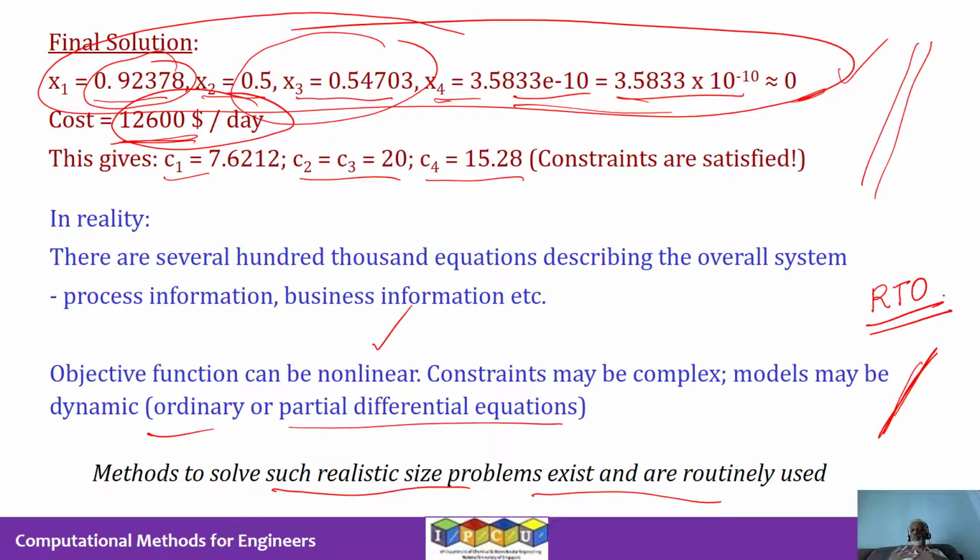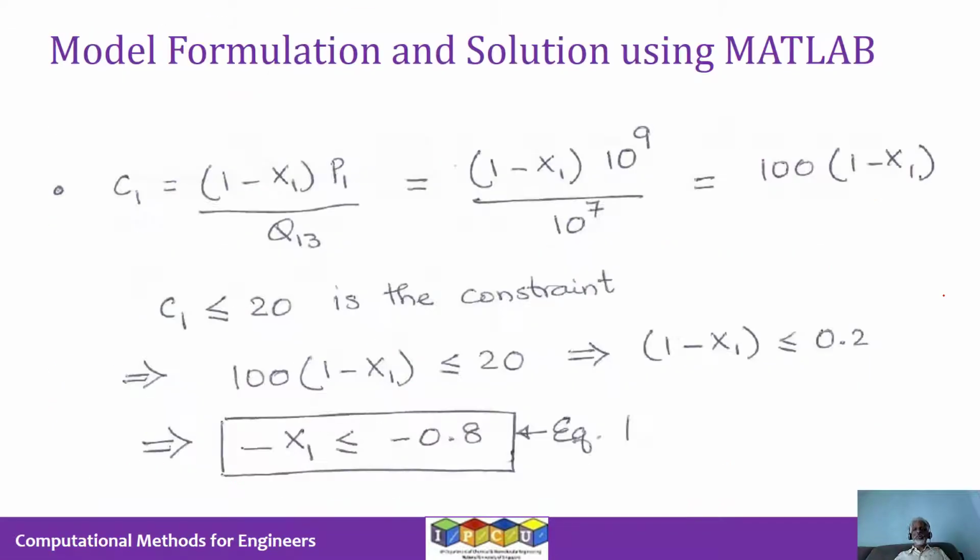So these routines are run, the optimization problem is set up, and then it decides what should be the temperatures in various reactors, what could be certain flow rates, what should be the pressures at certain points, etc. So that the profit to the company is maximum, the safety is maximum, etc. So let's get closer to implementation in MATLAB.